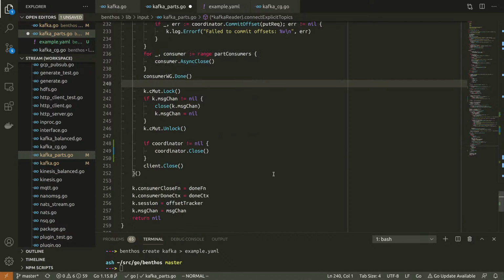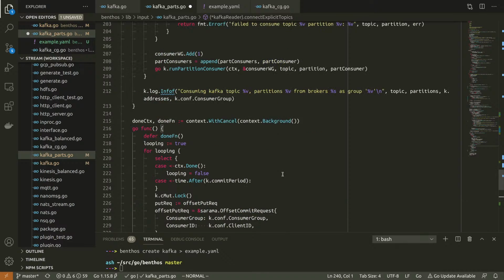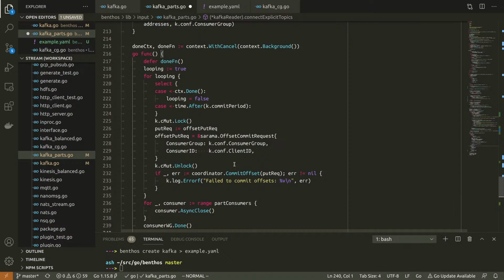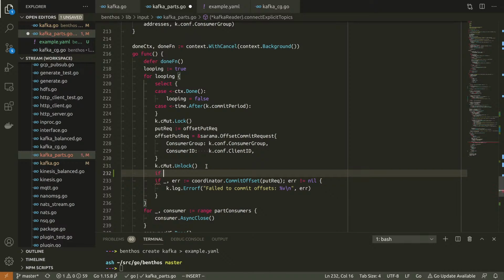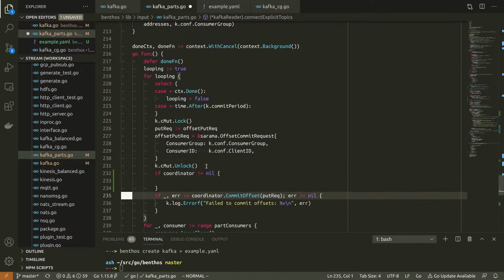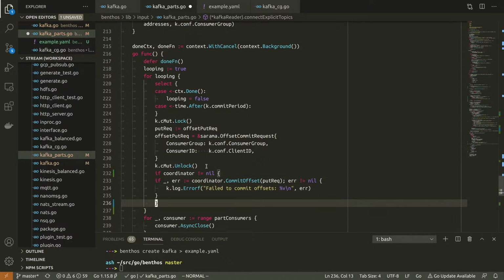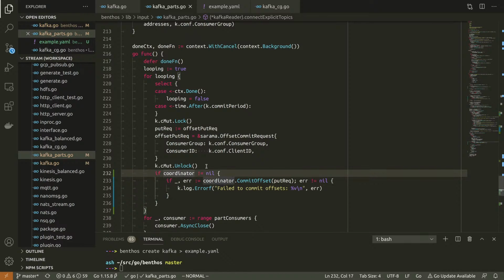And then we clear up all our other resources. So this I'm going to leave as it is. We're not going to be committing offsets anymore. So I'm just going to, if coordinator does not equal nil, then we actually commit the offset. And I think we're fine.